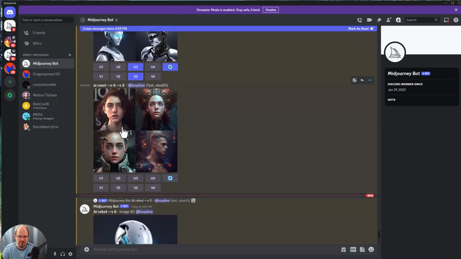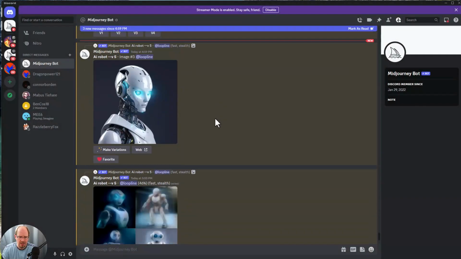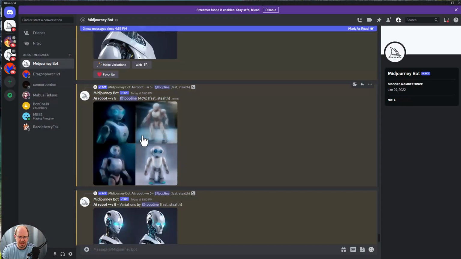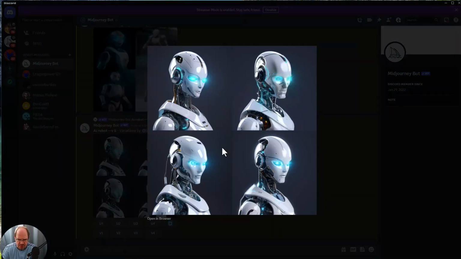Version 4 renders out an AI robot as more like a cyborg, like a person with computers attached. I'm not sure what this is in the hair, this is a computer, kind of. So we upscaled this, and now it is giving us 4 more AI robots, re-rolled as 4 versions of number 3. We can see the mouth is kind of different, kind of interesting. The eyes are brighter over here. I like the blue eyes, that's actually kind of cool.